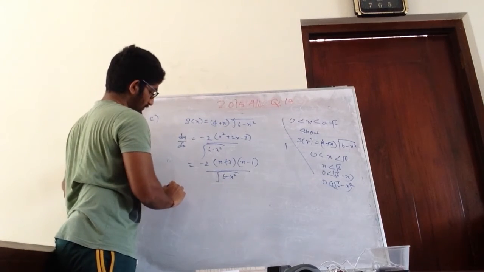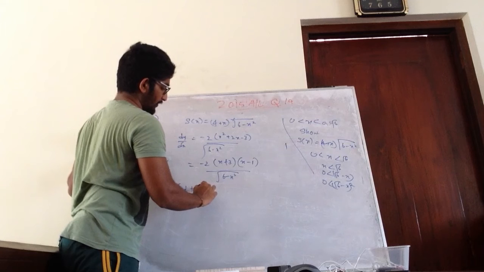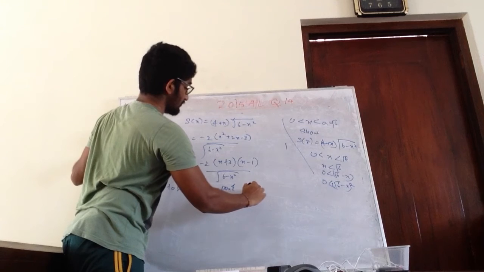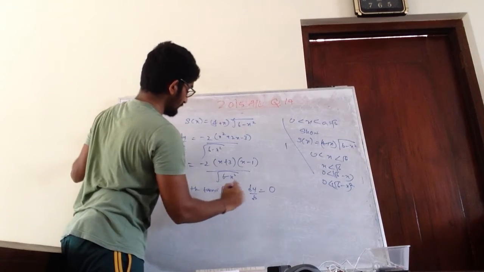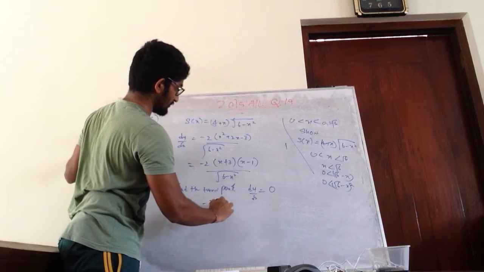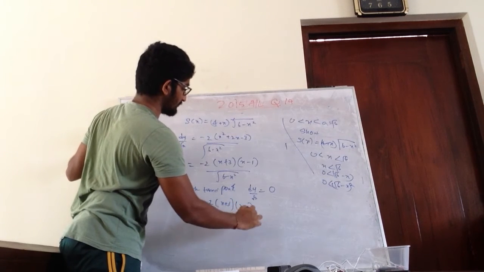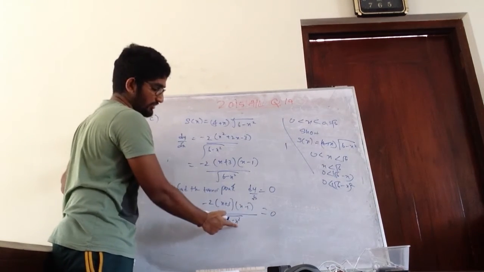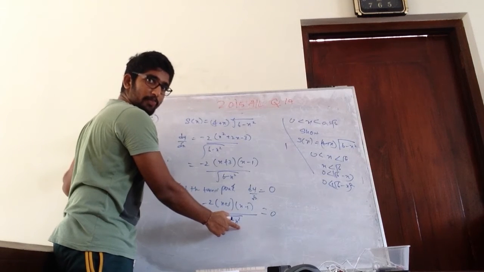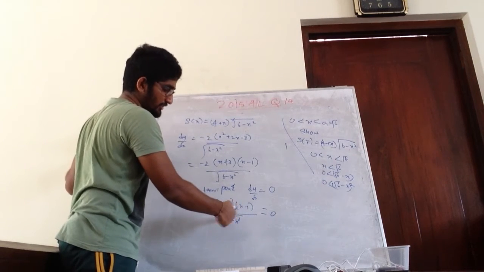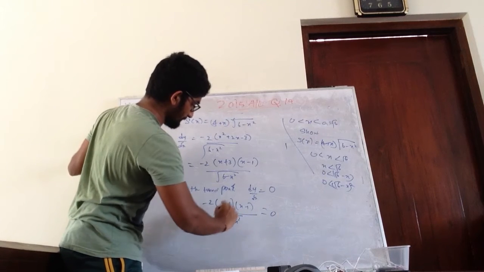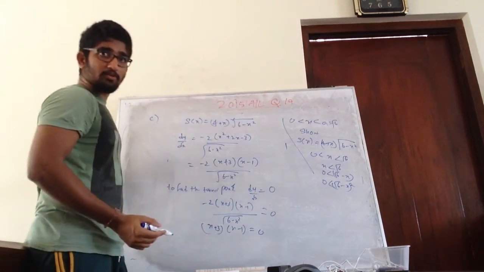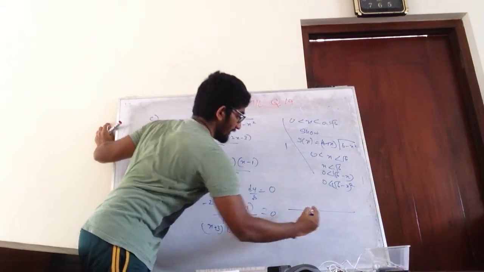So to find the turning point, dy over dx is 0. That means minus 2x plus 3 x minus 1 is 0. So you can multiply this because this is not going to be equal to 0. Right now this is not going to be 0, so this can't be 0. So the points will be zero. So what are the points that can have?